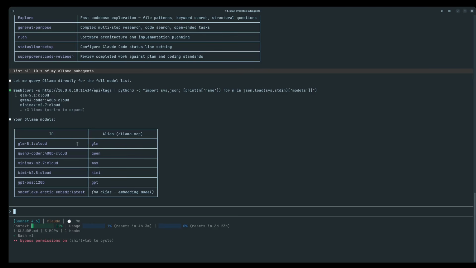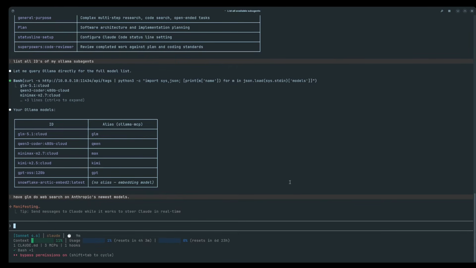Anyways, so I have these things right here, and I could just tag them, and I could say, have GLM do web search on this.